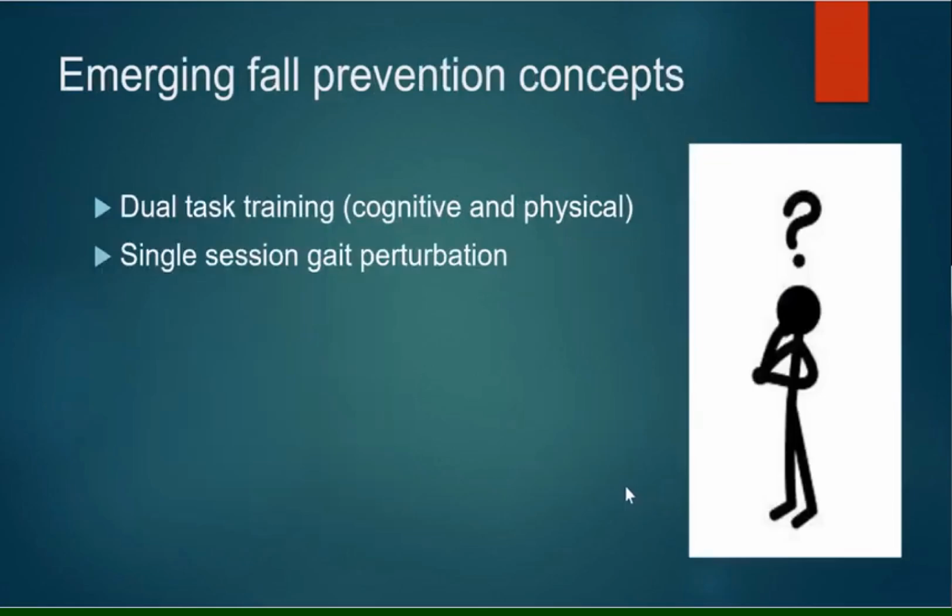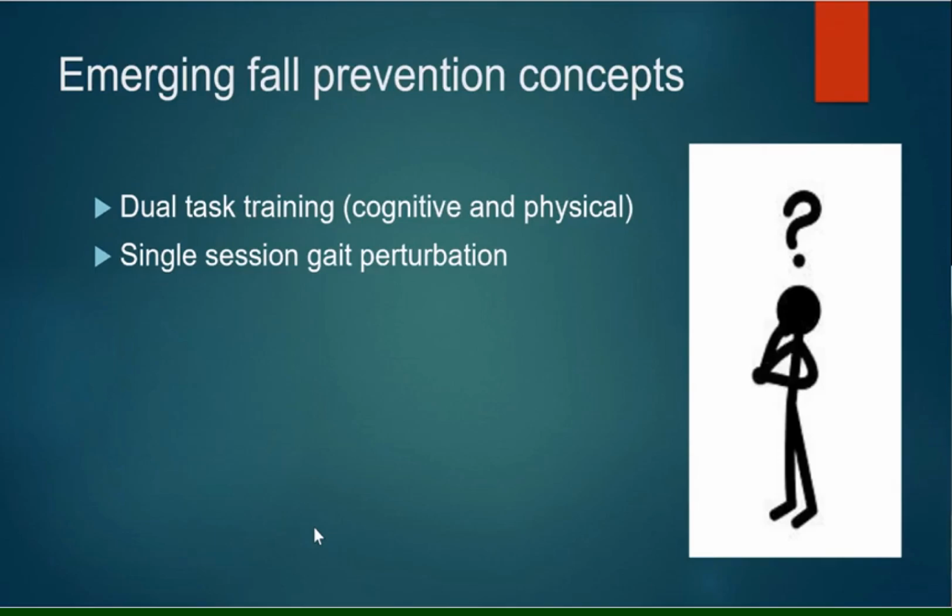So I just wanted to share with you some of the emerging concepts. One is called dual task training, and this is represented here in the stick figure, where when you're walking you do cognitive tasks such as counting backwards or saying the alphabet backwards, or even spelling words. And what that does is it disassociates the brain from the spinal cord balance mechanism, and for whatever reason, with